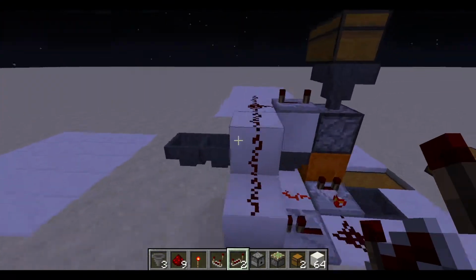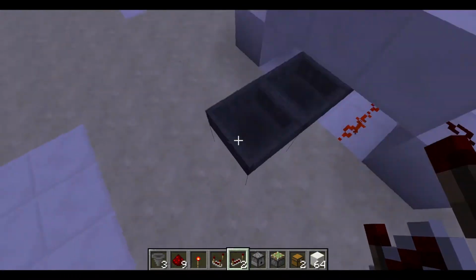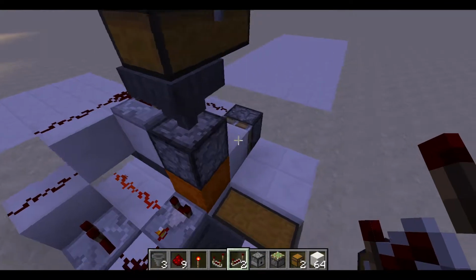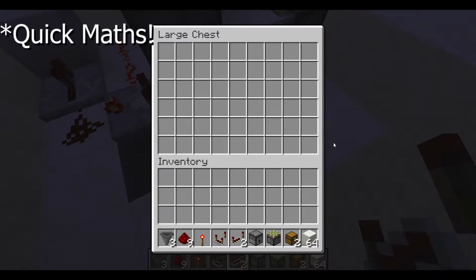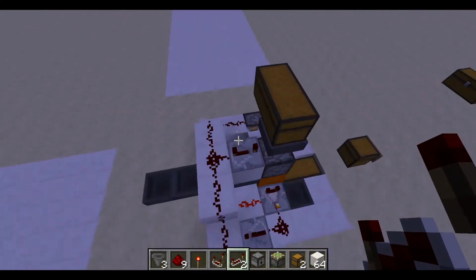So quickly to run you through what this contraption does, you get an input of items through, say, a farm or something, and they go down the hopper line into the shulker box. And then when this shulker box fills up, this piston knocks it into this chest. So you have 54 shulker boxes instead of 54 stacks of items, which is a lot more storage,